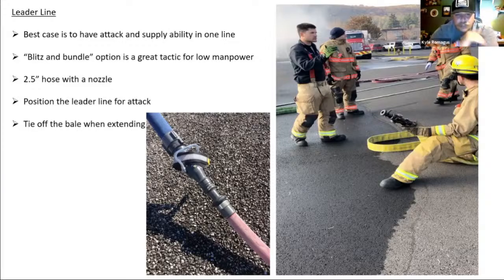I want to position this leader line for attack if possible. Sometimes you're not going to be able to do that. But if I have enough hose and am able to position this line for attack, that's exactly what I want to do. Even if I'm not going to attack with it, I want to put it in a position where I can revert back to it if I need to. Wall falls down, roof caves in, horns start blowing. They put us in a defensive posture. I don't have to stretch another line. If I bundled off of this line to start with, all I have to do is disconnect the bundle